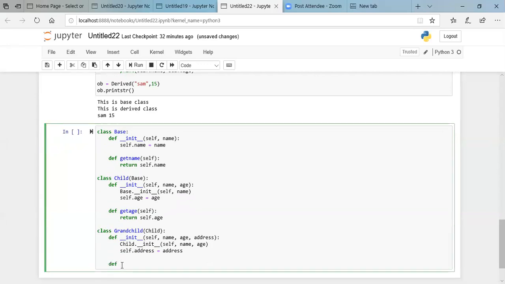I'm going to define get address with the self. It will return self dot address.